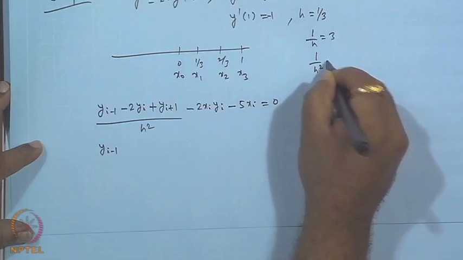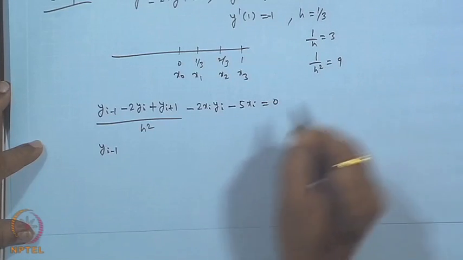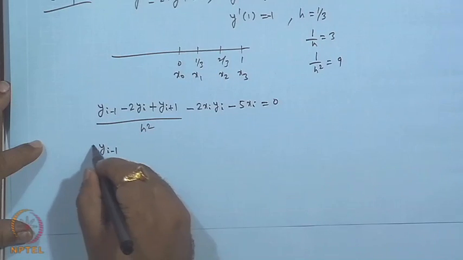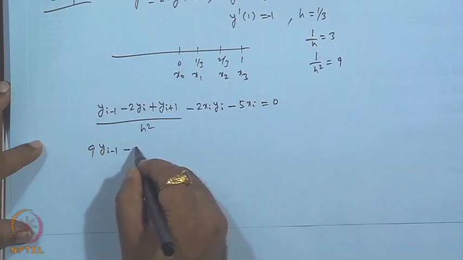So, 1 over h square is 9. So, we have 9 minus